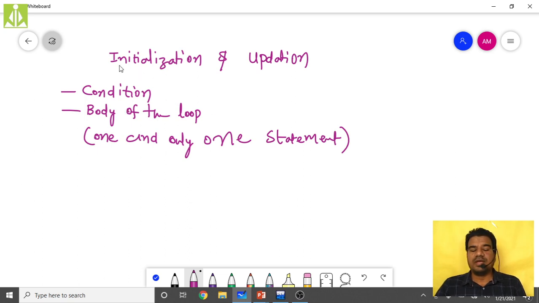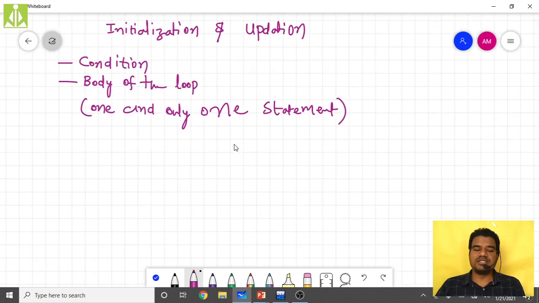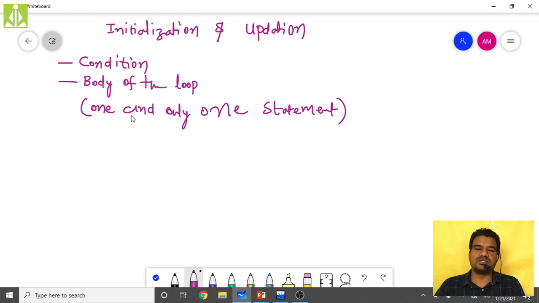So the role of initialization and updation involves the condition only. The role of initialization and updation is in condition framing. Why we need initialization and why we need updation, that's what we are discussing. Generally, when we frame the condition, we do it like this: I must be less than 20. It is a condition, isn't it? It means the I value must be less than 20, then only this condition becomes true. Otherwise, it will become false.